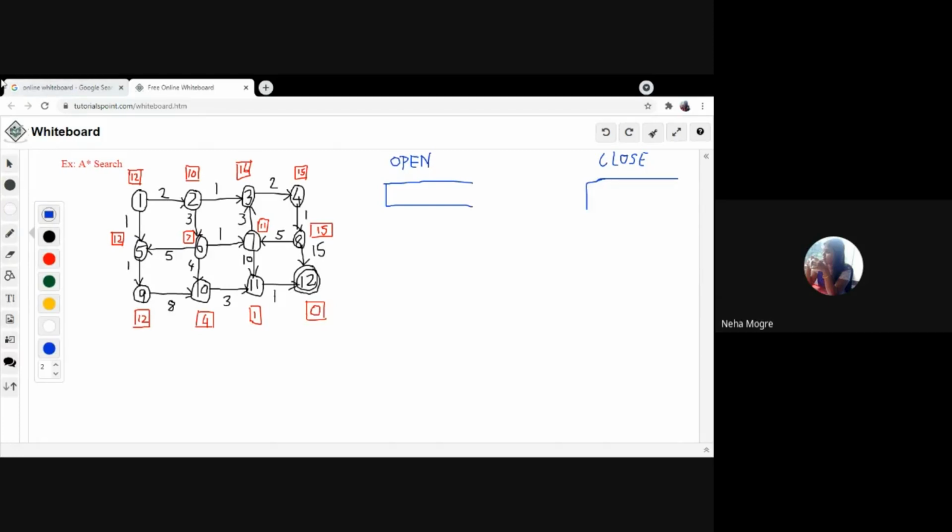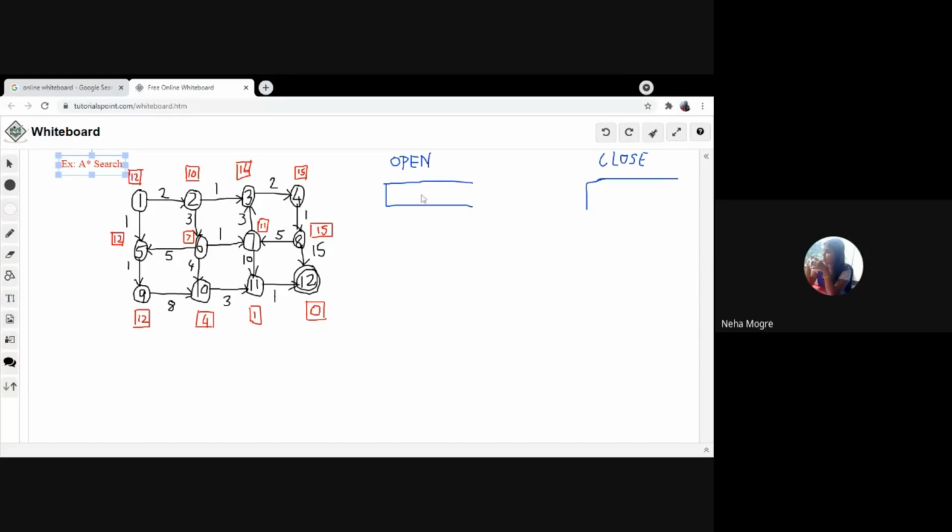Now, if you remember the algorithm, the first step was to initialize the open list with the initial state. So what is our initial state here? Initial state is 1, with a cost of 0. So 0 plus the h of n value.